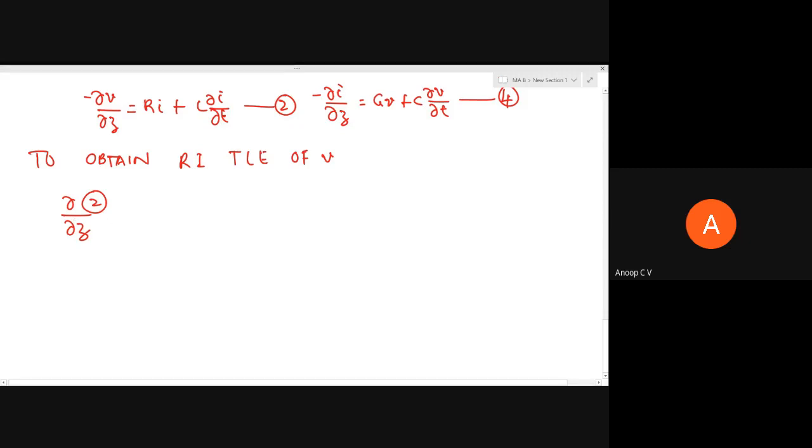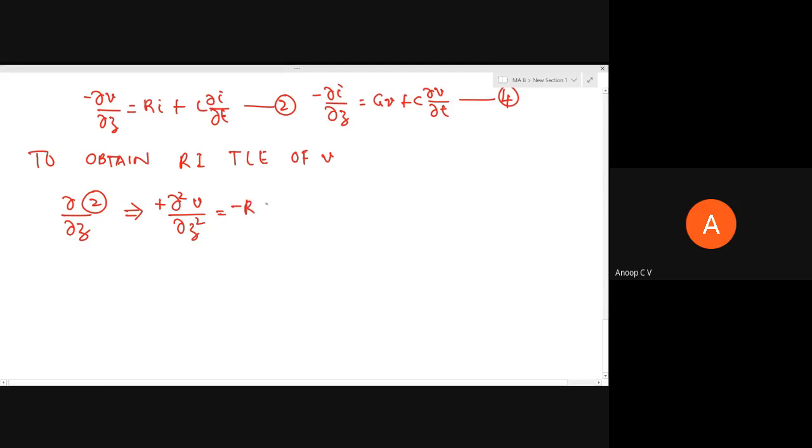So you can write it in words in your book: differentiating equation number 2 with respect to z. If I differentiate equation number 2 with respect to z, what will I get? It is already dou v by dou z. Once again, if I take the partial derivative of dou v by dou z with respect to z, it will be minus dou square v by dou z square. Maybe I'll just multiply on both sides with minus. So this becomes plus. This is equal to